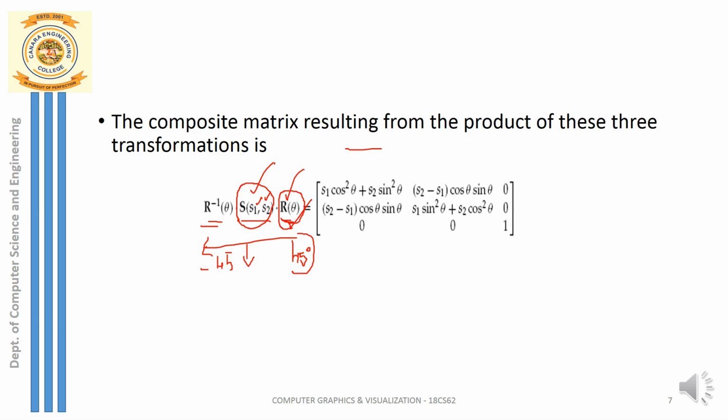So this is rotation in the anti-clockwise direction with the positive angle of 45 degrees. Now I am undoing that rotation by rotating by an angle of minus 45 degrees in the clockwise direction. So this type of transformation also can be done, and this is a product of all the three matrices. This is the resultant matrix you get after multiplying the rotation matrix, scaling matrix, and reverse rotation matrix. Reverse rotation includes minus of angle theta.